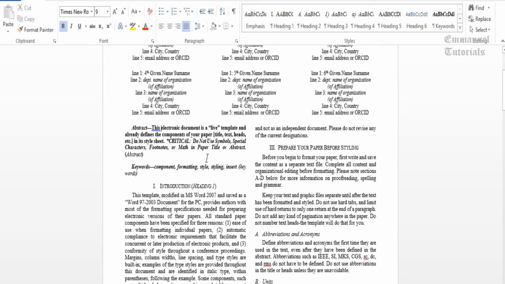This is one thing. Next is keywords. Now keywords are just like tags or a gist or the common words that are being used in your whole paper that can be just listed out here, so that when it is searched on Explore with keywords, people will be easily able to find your paper. One tip over here is that when you give your keywords, they should be in alphabetical manner. So you can start with A to Z, just bring all your keywords together and then put them alphabetically in ascending order. Next is the introduction.